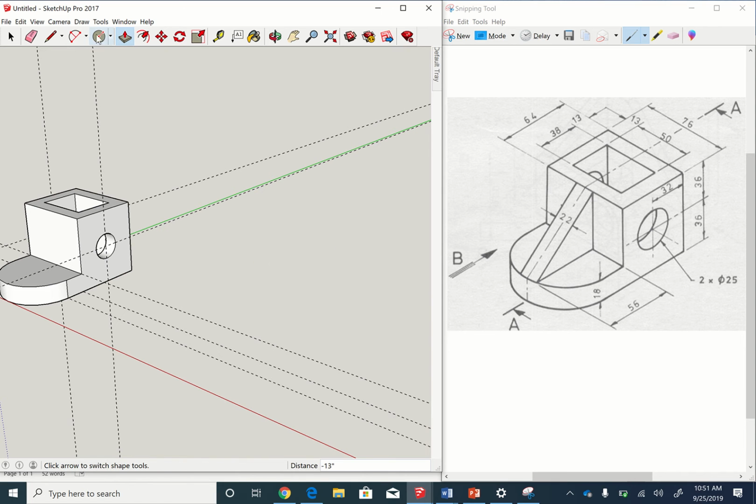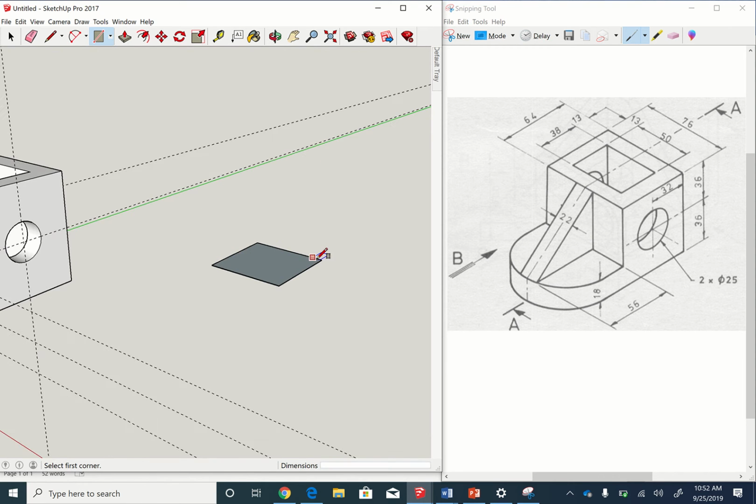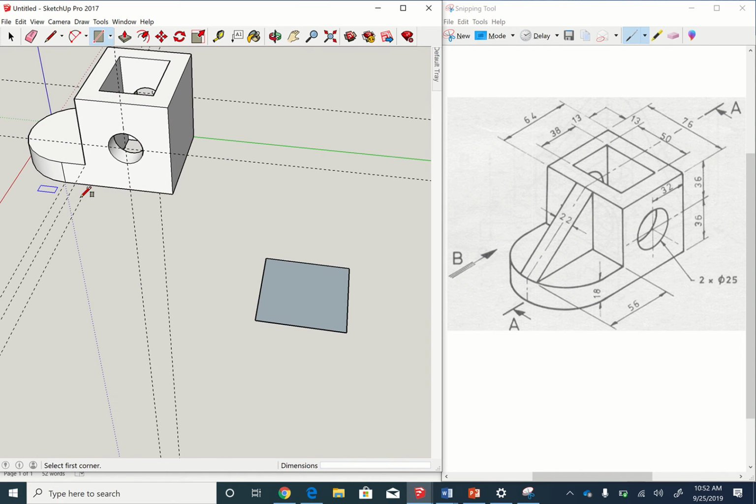So what we can do is I'm going to create a rectangle, and I'm going to drag it out, and I'm going to say it's 54 comma 54. That's going to give me a 54 by 54 square. Well, a triangle then goes from the corner. So all I have to do is draw a line from corner to corner, and now I have my triangle. Okay, I'm going to erase the lines that I don't need,